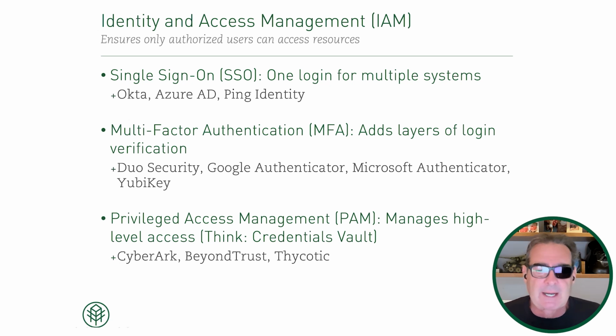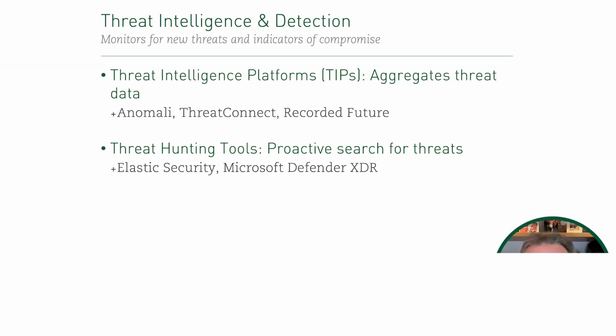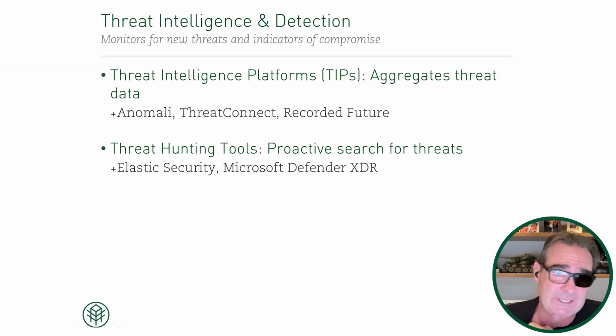In short, IAM is about making sure the right people have the right access at the right time without leaving the doors wide open. Now, as hackers have gotten more sophisticated, we have to get more sophisticated in terms of looking for problems and events. So next up, the Sherlock Holmes of cybersecurity is threat intelligence and detection platforms. So these platforms are constantly gathering clues from all over your environment. So they're getting real-time logs, real-time traffic, looking for weird user behavior, and trying to piece together a story before